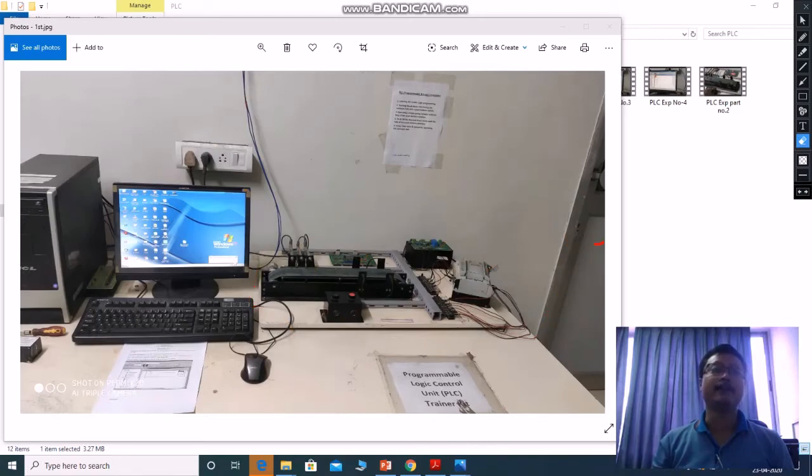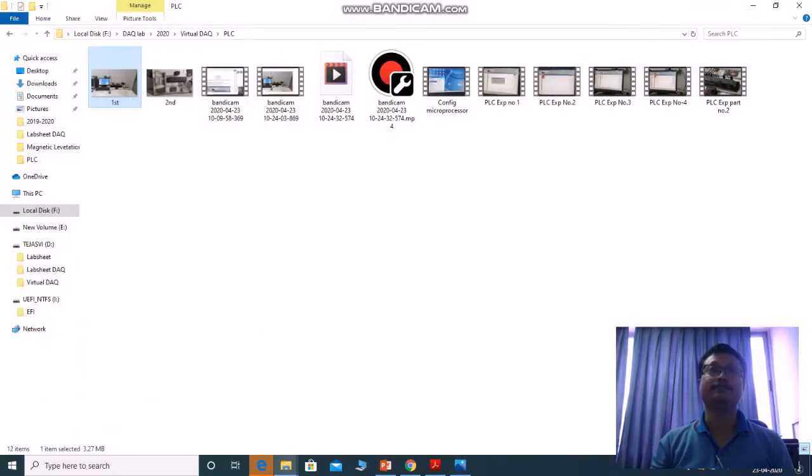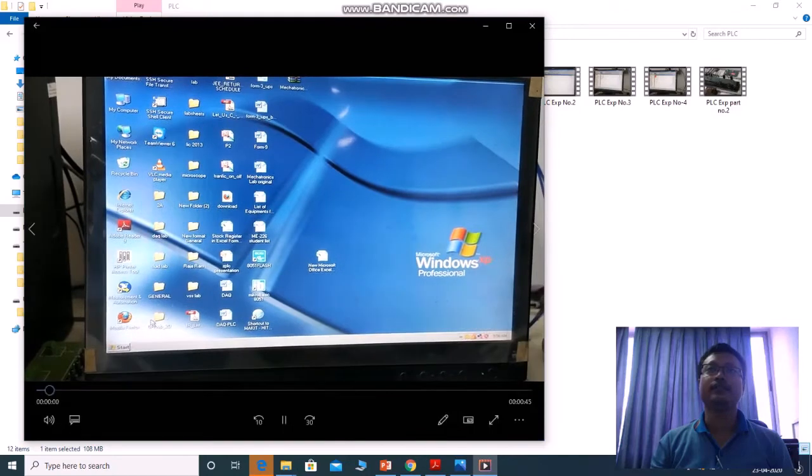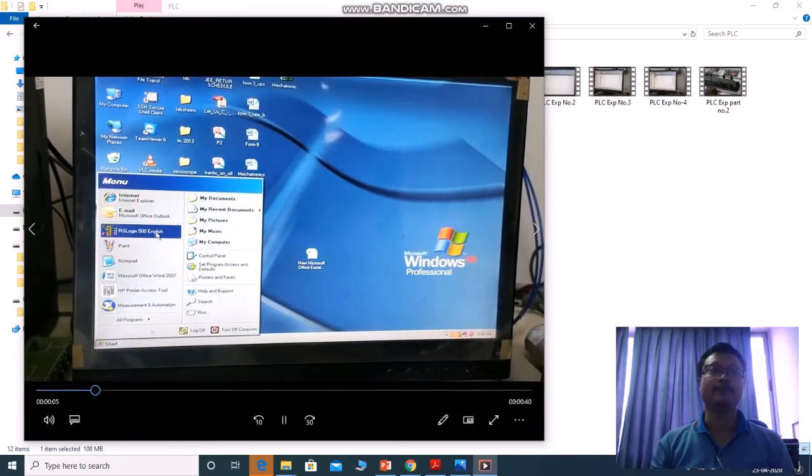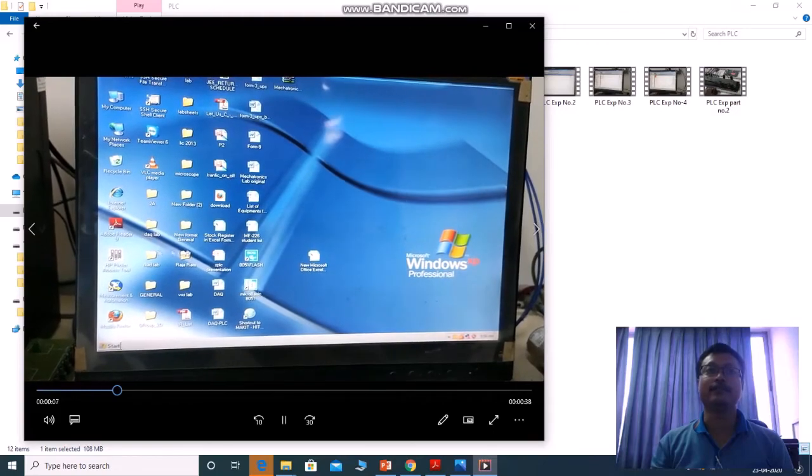This PC has one software called RSLogix 500 Starter. So how it looks, I am going to show you. If you open from the start menu, this is the software RSLogix 500 Starter.